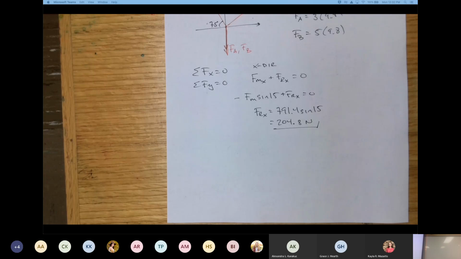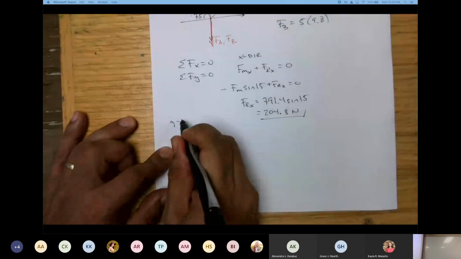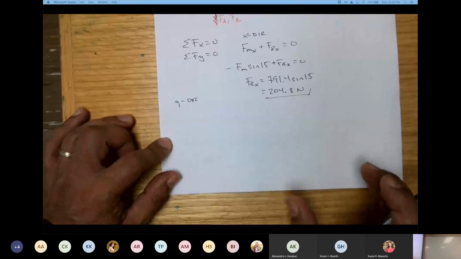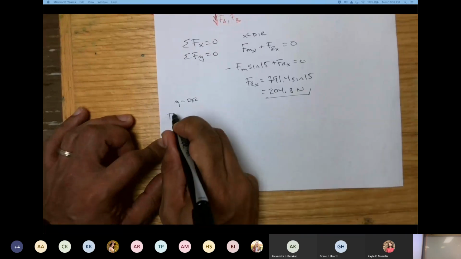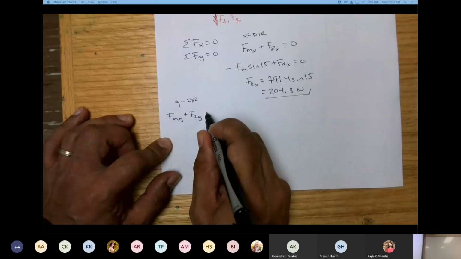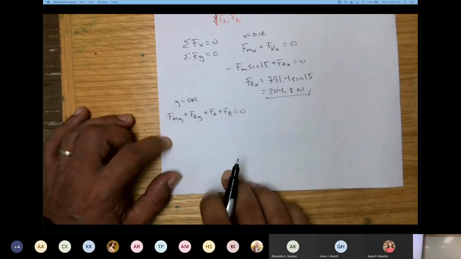So you can see that this force is almost opposite to this. Okay, so if I try to calculate the y component, I'm gonna have 4 forces in the y direction. So I'm gonna have the y component of the muscle force, the y component of the reaction force, and the weight of A and the weight of B, and those are gonna be equal to 0, okay?